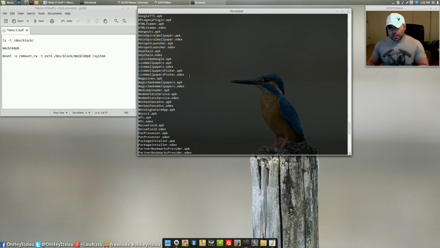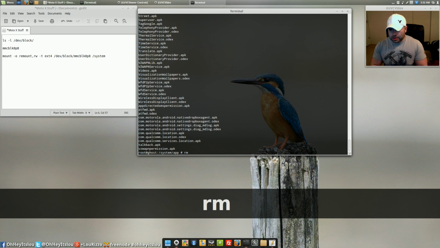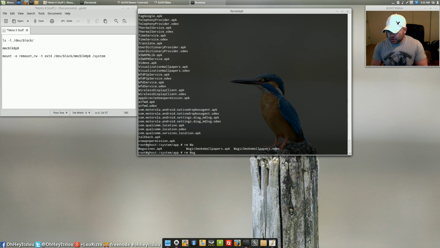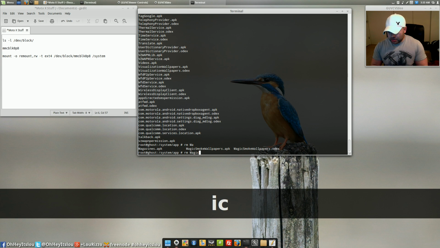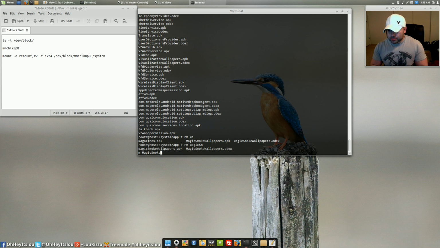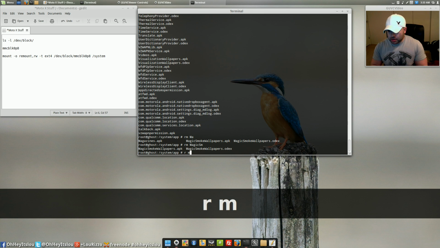Now, if this is not a custom ROM and if it's a factory image, you're going to have the APK and then you should have an ODEX file. Remove them both. Alright, so we're going to remove magic smoke. We do that by rm. Now it's going to let us know that there's a few. If we hit tab, because we only typed MAG, it's going to give us every occurrence of MAG. So we want to do magic smoke wallpapers.apk. So rm